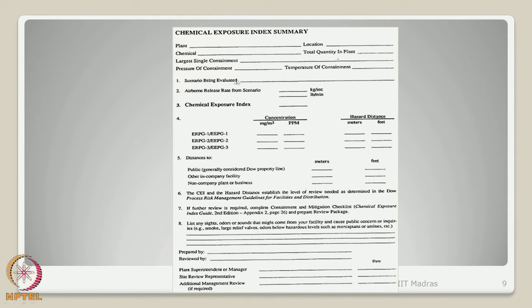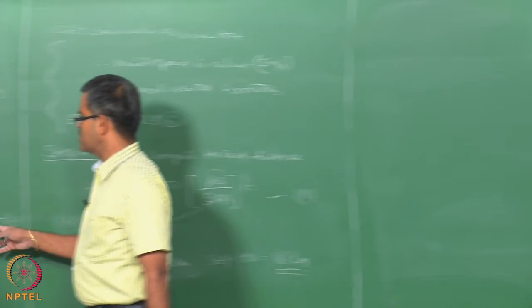We will talk about the scenario possibly after we complete the discussion here. Estimate the airborne quantity AQ, the release rate, maybe in kg per second or in different units like pounds per minute. We are interested in kg per second. All equations I gave you on the blackboard were only in kg per second. So, estimate the airborne quantity in kg per second, whether it is a liquid or a gas. Try to enter this; we have the respective equations available. Then calculate the chemical exposure index which I have given you in equation 10 on the blackboard. Use this and estimate CL.